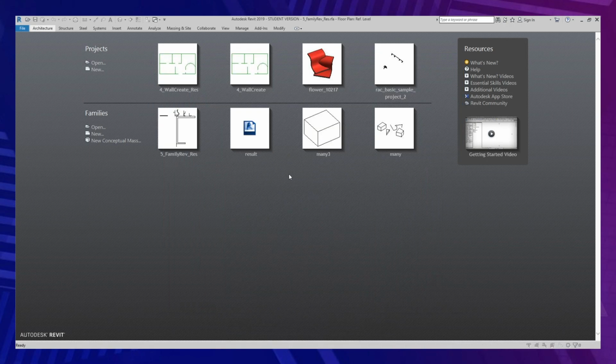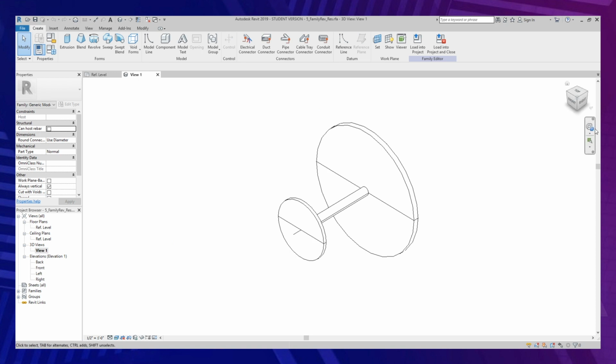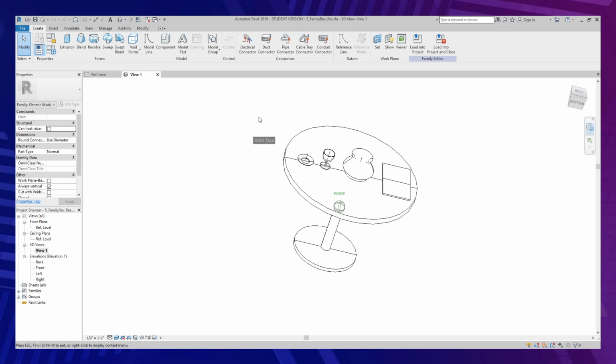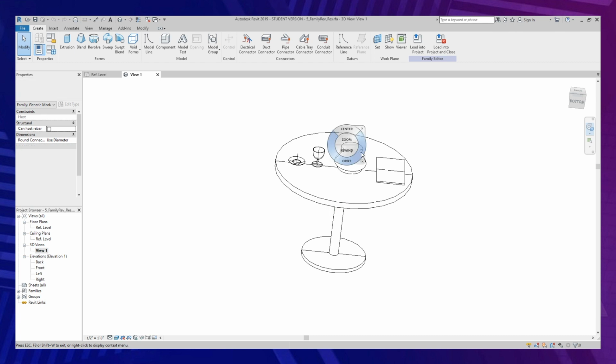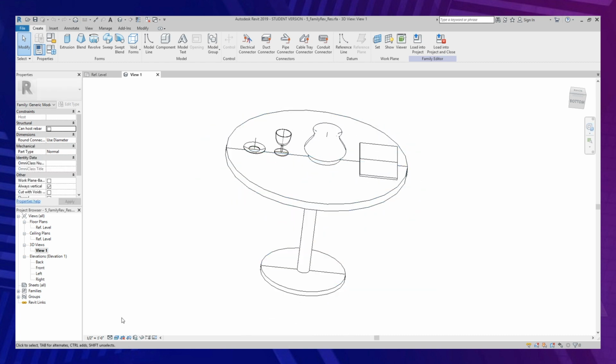So we save the file and open it. After opening, Revit also opens the same plane. We will change to 3D view and rotate the objects. We see the same scene that we saw in the ODA application. And you see a set of objects.